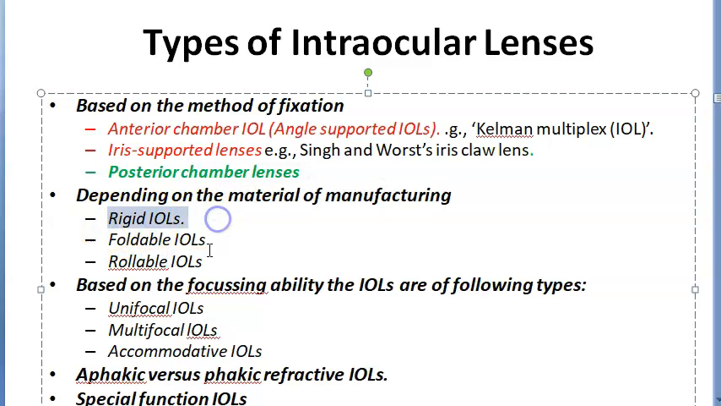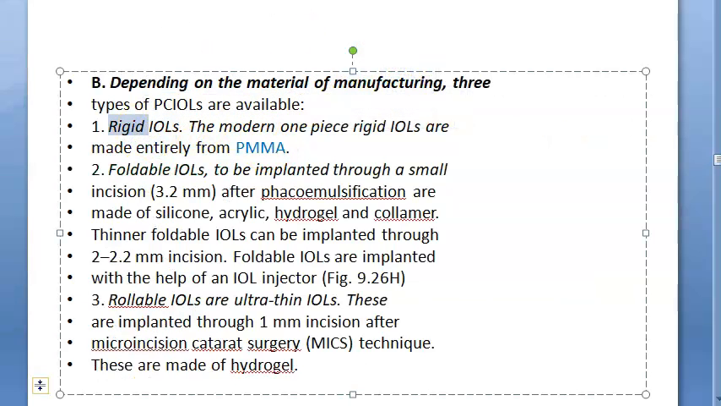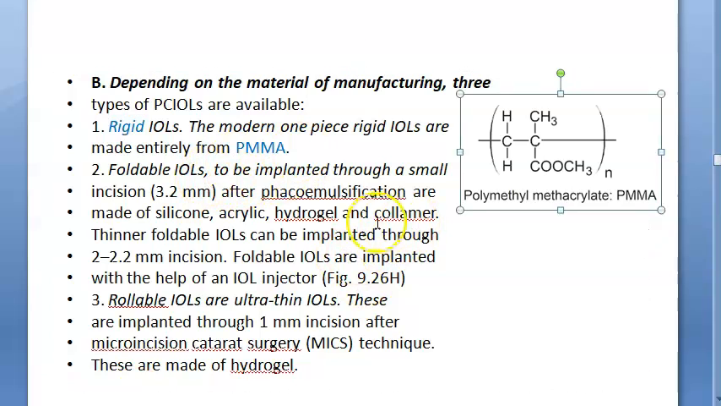So if it is rigid, you need a bigger opening to put it in. Foldable, so you can fold it and put it inside through a small incision. Rollable means an even smaller, very tiny incision you can put the IOL through. Remember, rigid is made out of PMMA. Rigid IOL is made from PMMA. What is PMMA? It's polymethyl methacrylate,